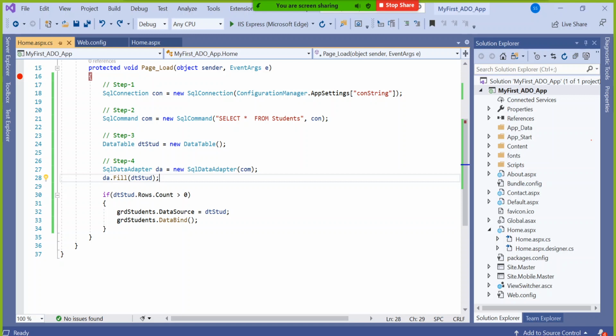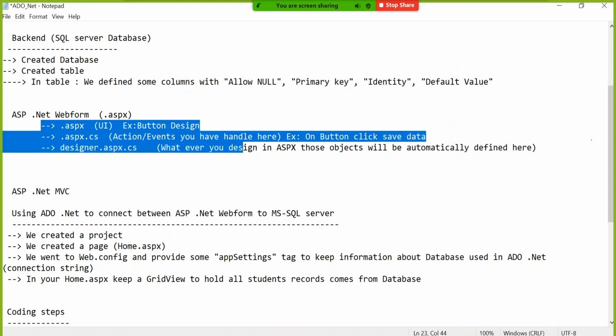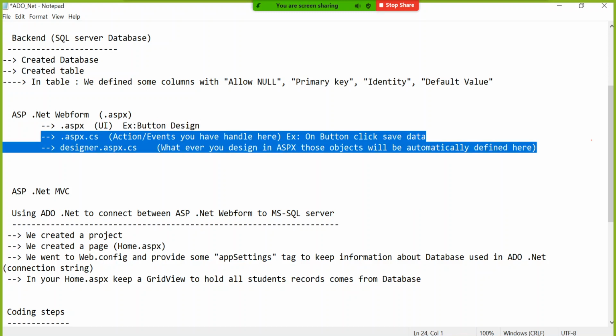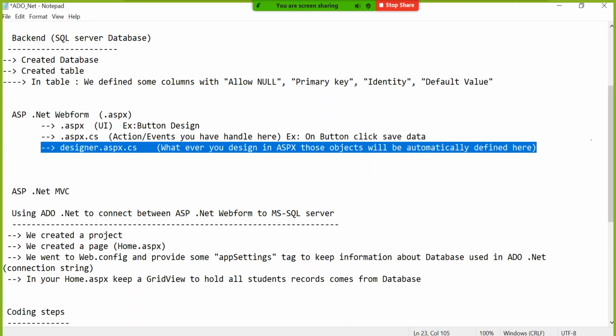Good question. So let me tell you. If you remember, at the beginning I told you that when you create a page, you have three sections of files, right? My page is home.aspx, but I have something called .aspx, something called .aspx.cs, something called .designer.aspx.cs. Now this is an HTML page, no doubt about it. Leave it. The rest two files, in fact, are CS and CS, right? Do you think this is a separate file and this is a separate file? No. Physically only separate files, but the class is still the same.